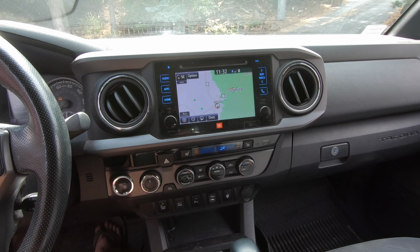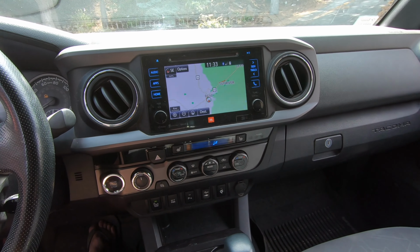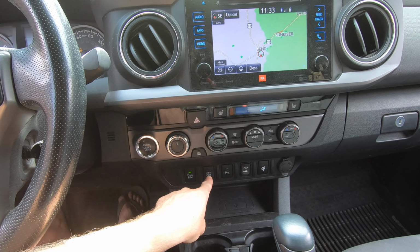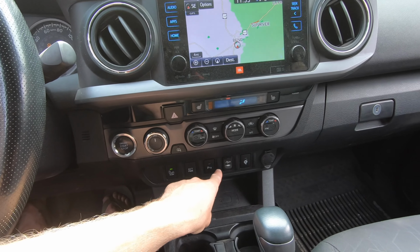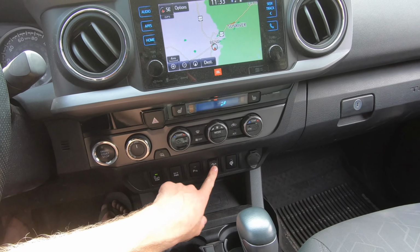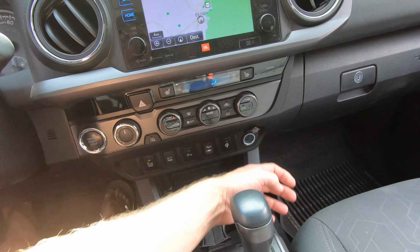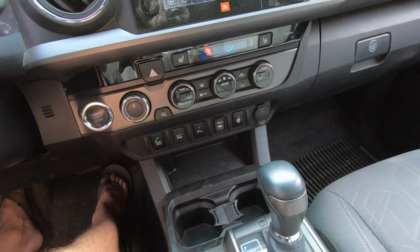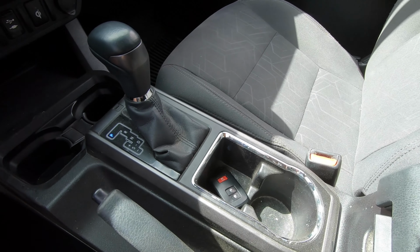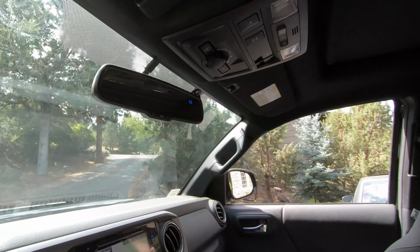We've also got dual zone climate control with heat and air conditioner for driver and front passenger side. We've got blind spot monitoring, electronically controlled transmission, parking sensors. We've got auxiliary connection and USB connection here, and we've also got wireless charging on this little pad here. 12-volt outlet, 2 cup holders, gear shifter, emergency brake, 2 more cup holders, nice large center console, self-dimming rear view